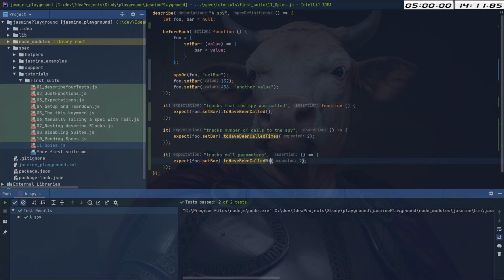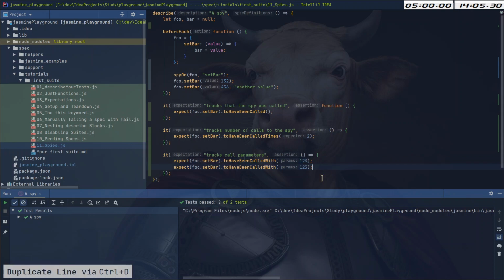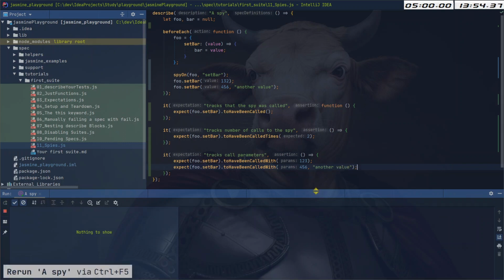They're called with, and here will be 1, 2, 3, and this will be 4, 5, 6, and I don't know, another value. And I'll run the sync,